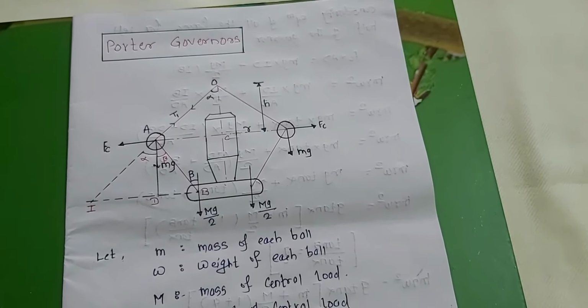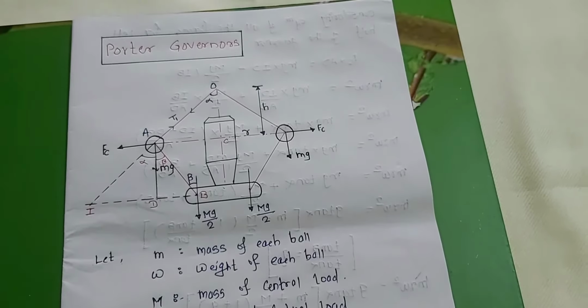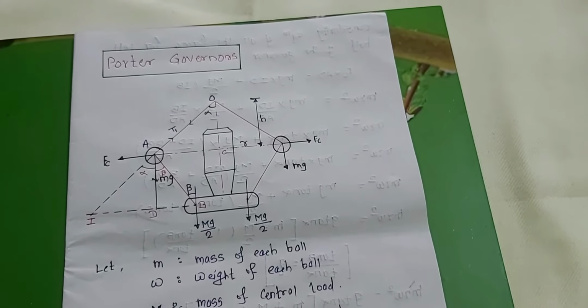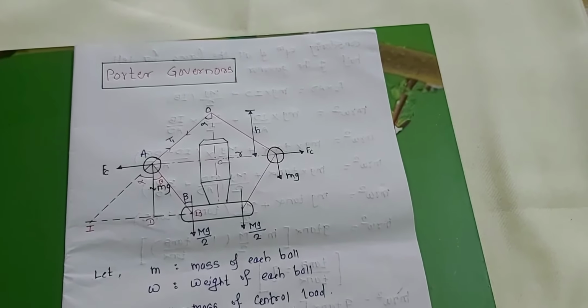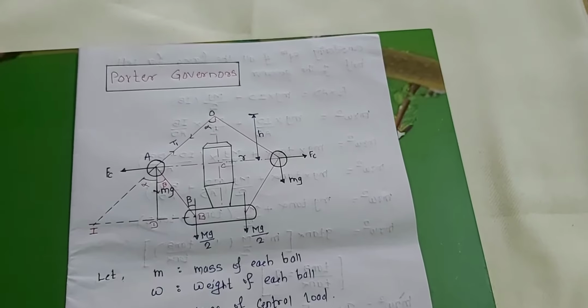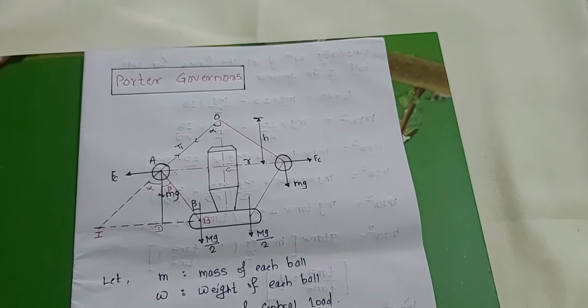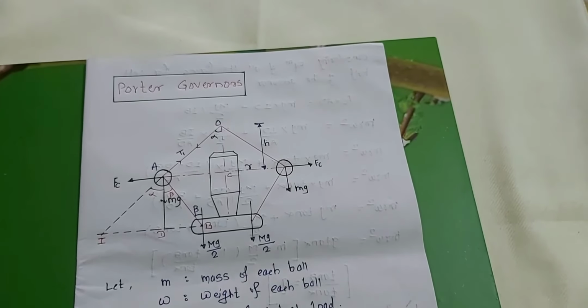Today we are going to see the Porter governor. First, what is a governor? A governor is a speed controller or speed limiter. It is a device used to measure and regulate the speed of a machine, or we can say the speed of